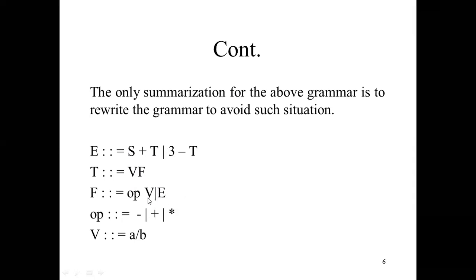But here again failure occurs. If we are unable to achieve our goal, our output, then we will choose the second option for F. Okay, so we will choose the second option for F. F means we can choose E. And what is E? It means we are returning back again from this step.